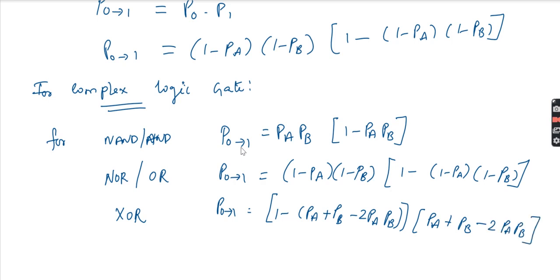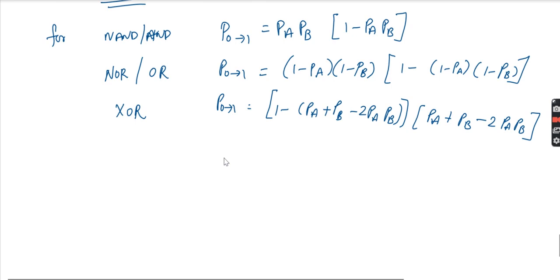This is the switching activity of different gates, for equiprobable inputs of the logic gates. Okay, so now what we will do next, we will see